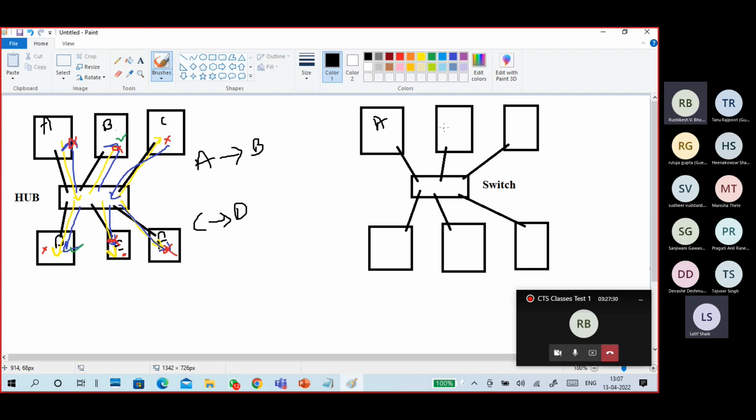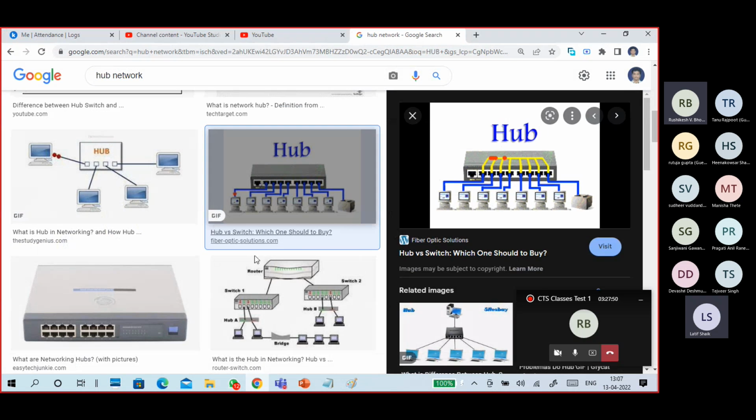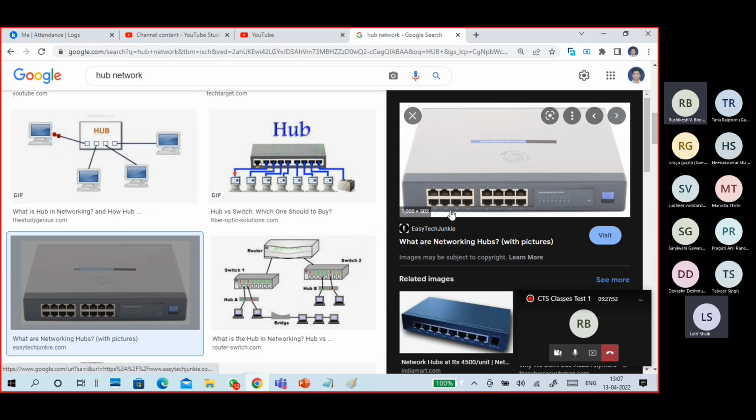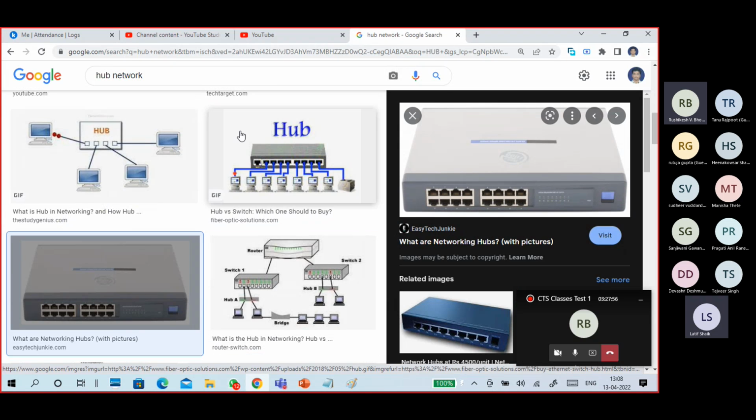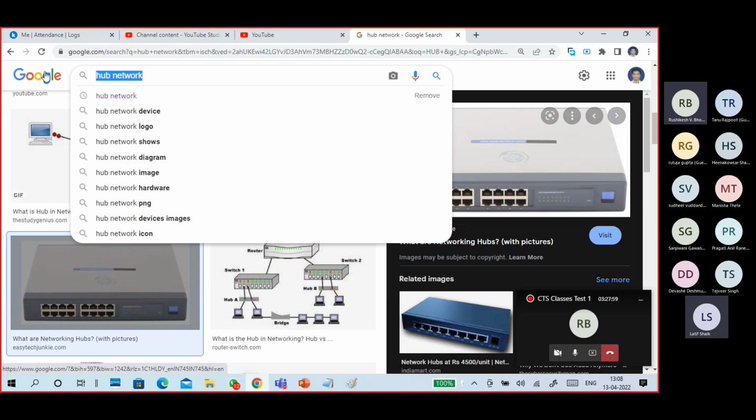A, B, C, D, E, F, anything, no problem. But actually, we can understand how the switch functions by watching a packet travel. Here, where the devices connect to the switch ports, you can see the switch ports are there. The ports have numbers.